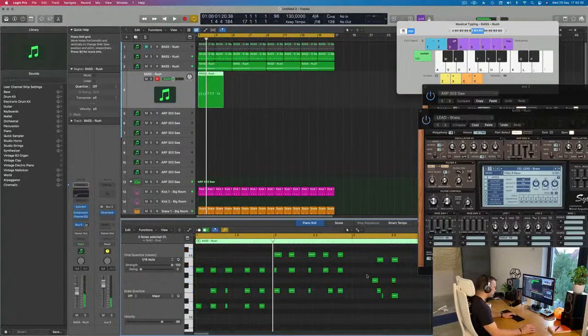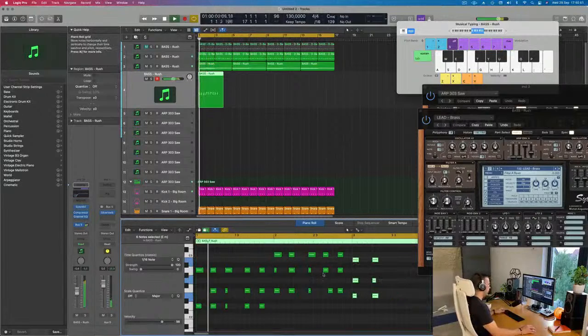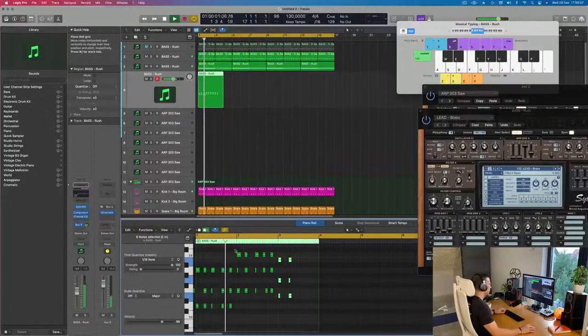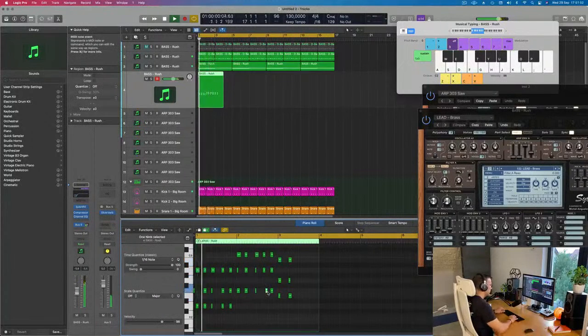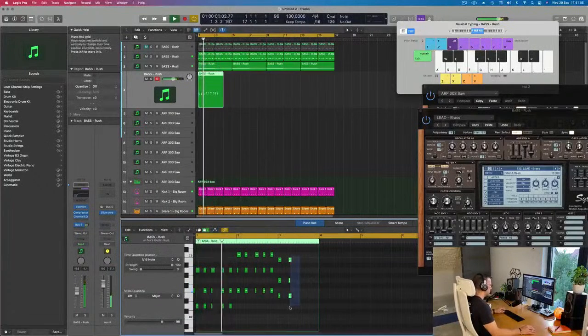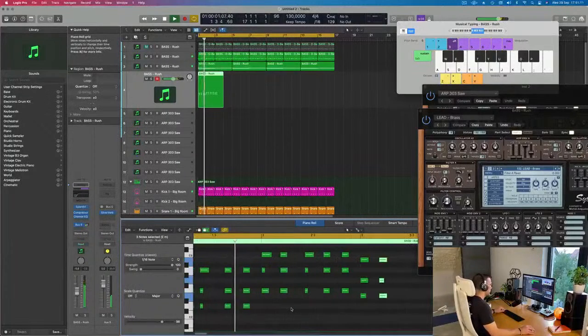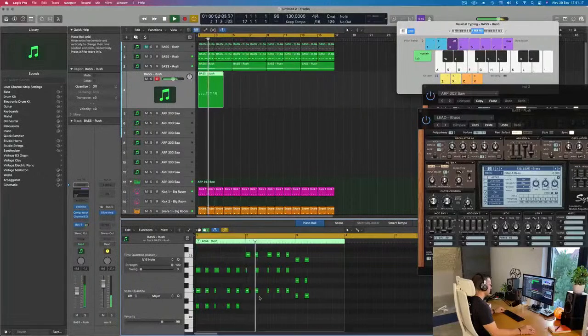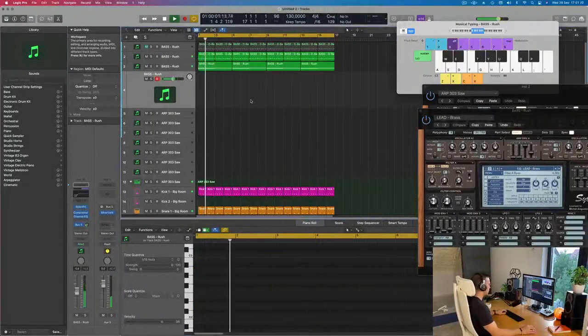I am not quite great at chords, so I'm just doing my best here to try to make something that is coherent, something that is hopefully harmonically correct. Not that I care really. No. Like this for a minute, so